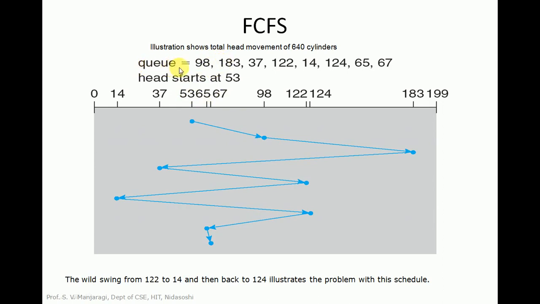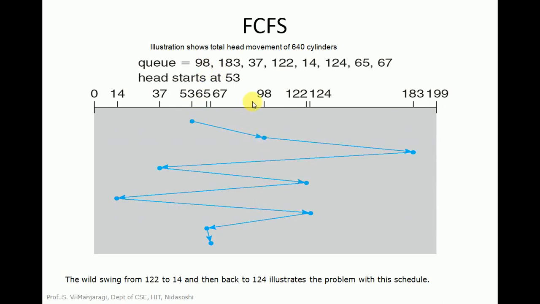This is the request queue where we find the different IO requests stored, and the starting position for the head is at 53. Now let us see in what order the IO requests are served. In this technique, we have to serve the IO requests on a first come first served basis. The first request in the queue is 98, from 53. So we have to serve 98. The head will move from 53 to 98.